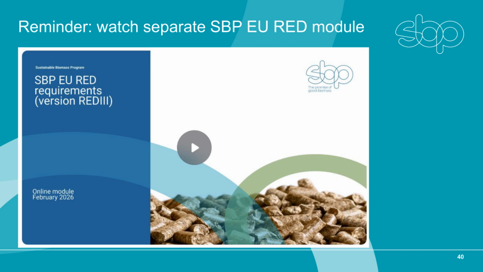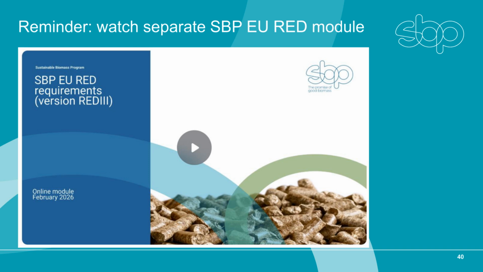Before we close, a reminder about EU RED. SBP certified biomass must also comply with the SBP EU RED requirements. This is explicitly mentioned in the section scope. Biomass producers must now also be certified against the EU RED instruction document. The SBP and EU RED requirements are largely aligned, and that alignment has improved further with the publication of Standard 2 v2.1. But there are also important differences, particularly around definitions, risk assessments, wording, non-conformances, and the specific evidence EU RED